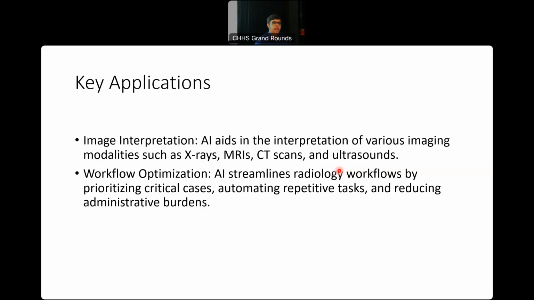So how can we actually use AI in radiology? There are probably two main components where it can assist us. In image interpretation, that's probably where we're furthest away from, but it has started coming into workflow optimization for radiologists, where it can help to prioritize critical cases. A lot of what we do, like voice dictating reports and sending them electronically, is not quite AI, it's more of a tool, but it has certainly helped our work as radiologists.